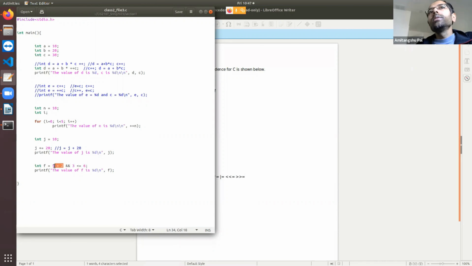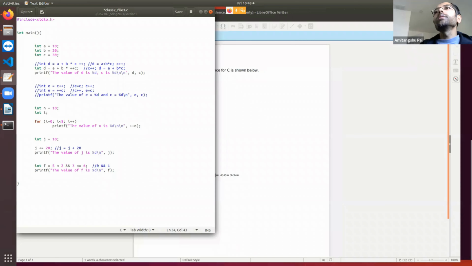5 less than 2, is this true or false? 5 less than 2 is false. That means you will get a false or 0. And 3 less than equal to 6 is true. So 0 and 1. If you remember the truth table, and will be true if both of the propositions are true, right? So 0 and 1 is 0.